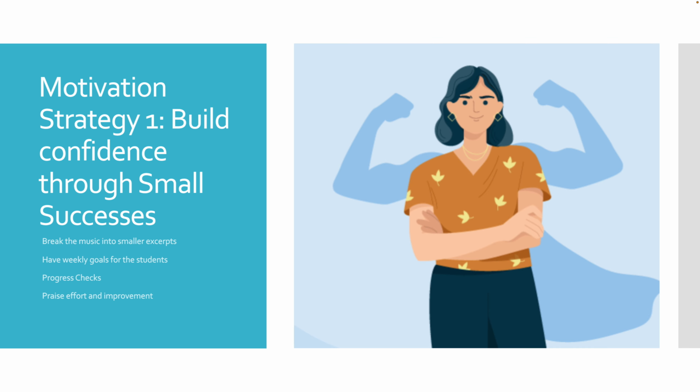So if a student plays the right note at this point, or they play 5 notes of the scale, give them praise. Say, you did a great job. I'm really proud of you for those 5 notes. Now let's try and add those last 3 notes so we can play the whole B flat scale. The next motivational strategy is